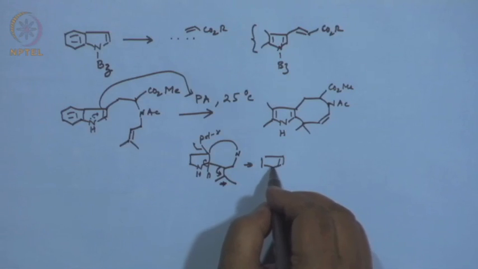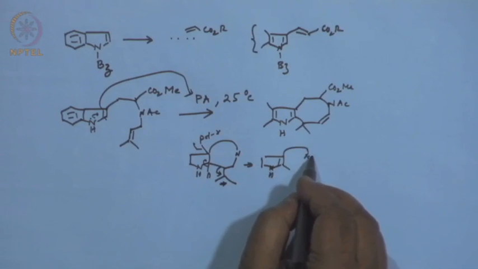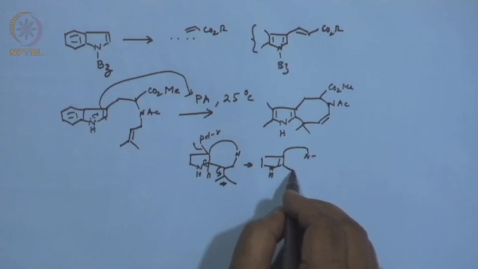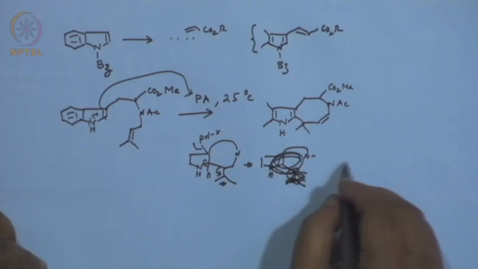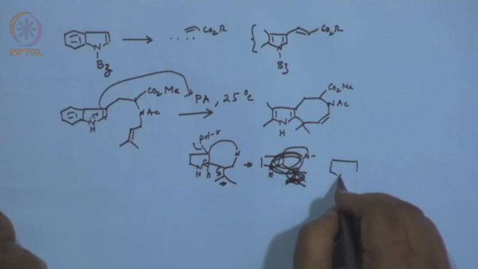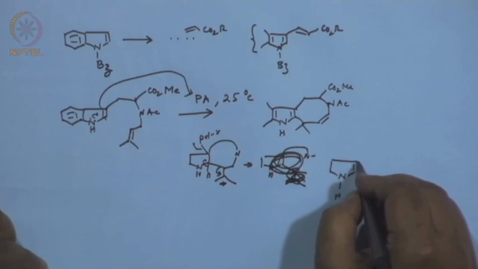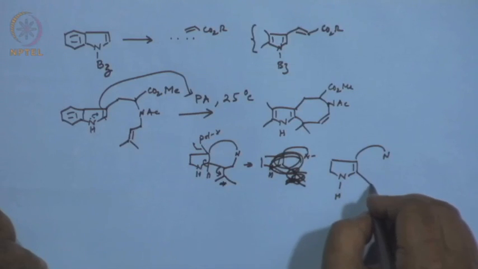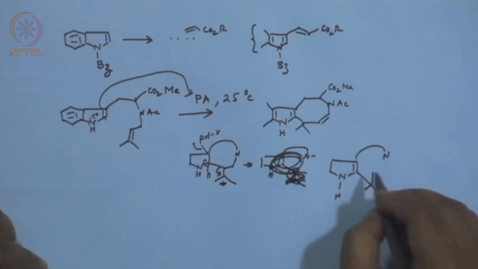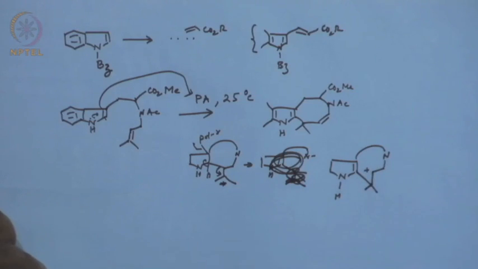So, nitrogen here, and, okay, forget about it. Hydrogen, then this thing, and then let us say nitrogen here, and now this should be plus, right, and then you have something like this,